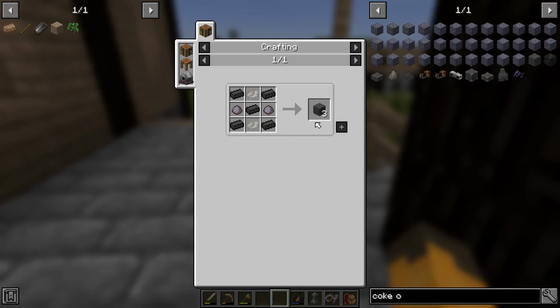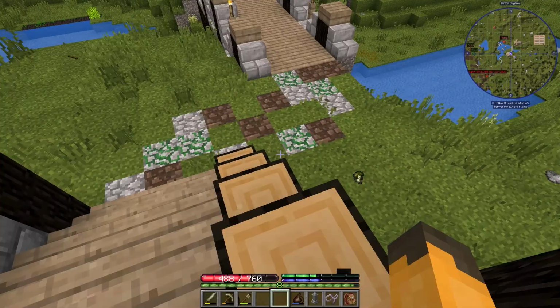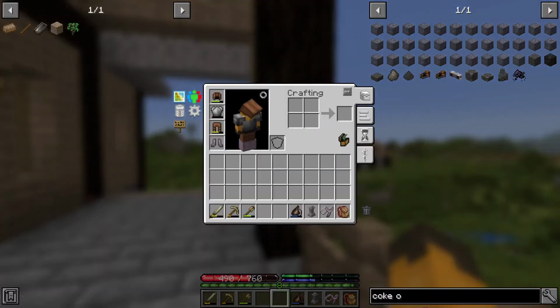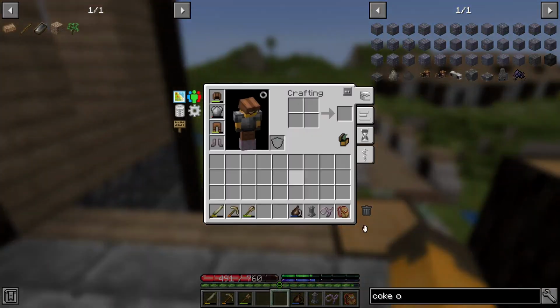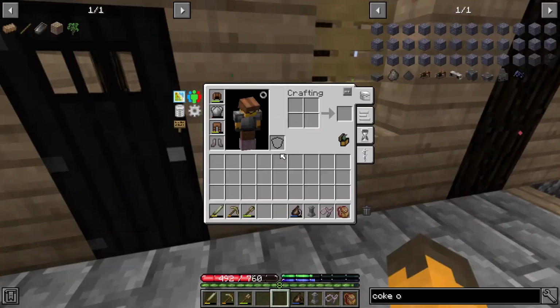You can't make a coke oven until you have seared brick. So right now I'm kind of stuck in this hard place where I can't make any of the progression into the mods that I wanted to. At least yesterday, the mods that I wanted to get into yesterday, which was Immersive Engineering and Tinker's Construct, because I don't have enough jute fiber to make